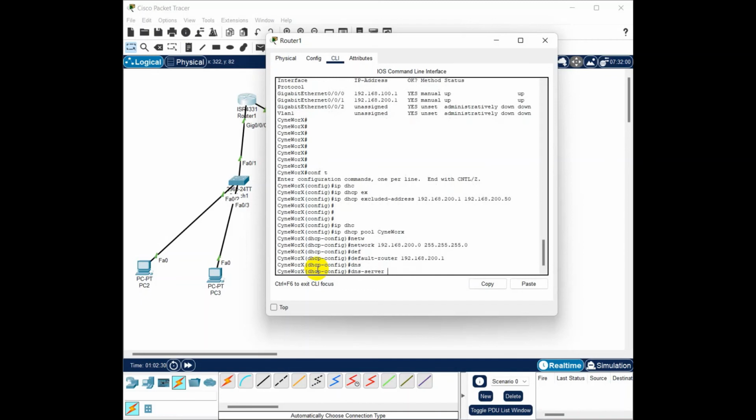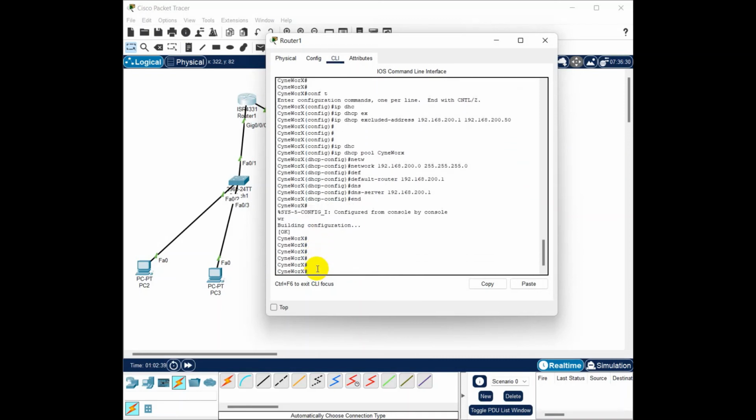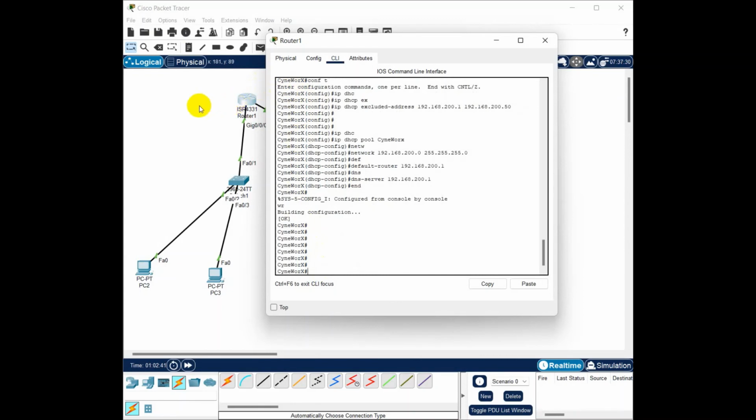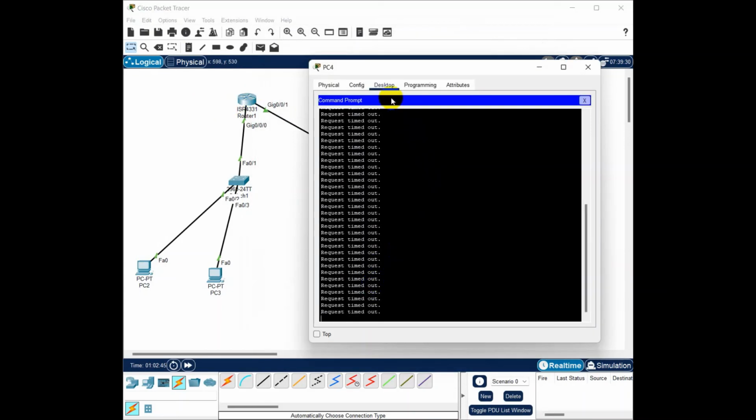The next one will be the DNS server, 192.168.200.1, the same thing. Now let's go to the ping, and this should get the IP address. Oh, there you go. See,